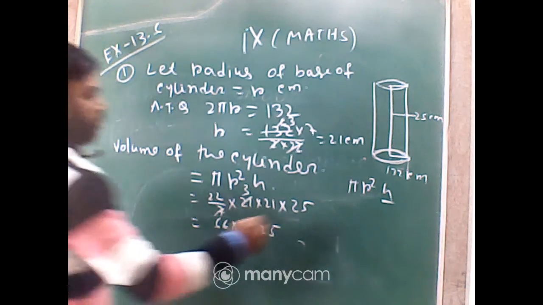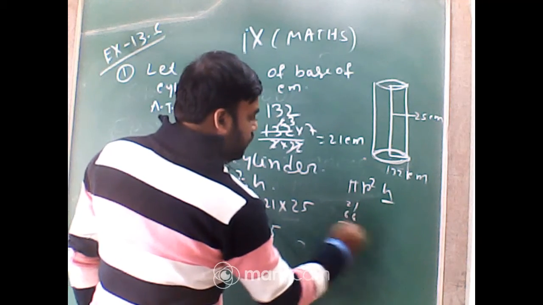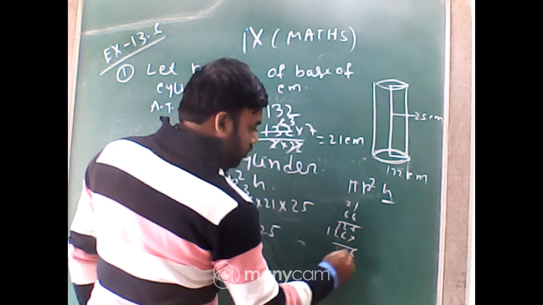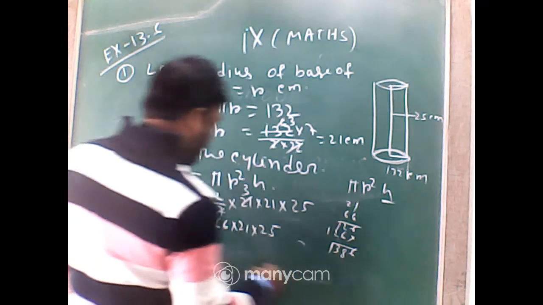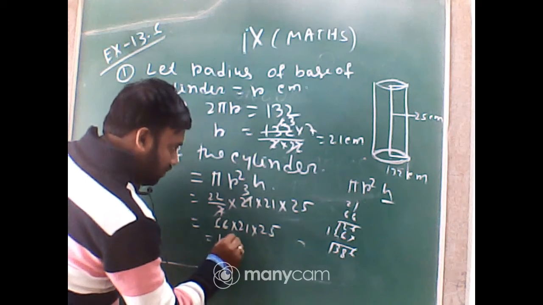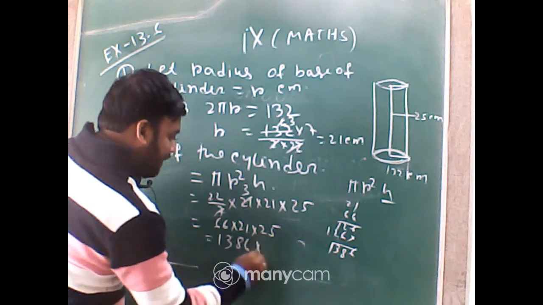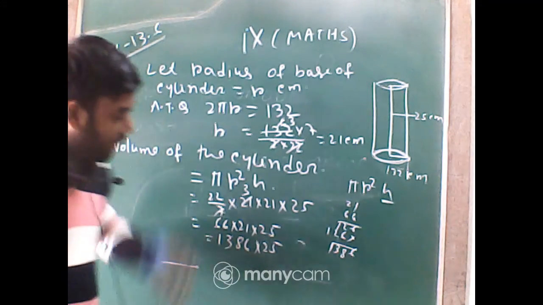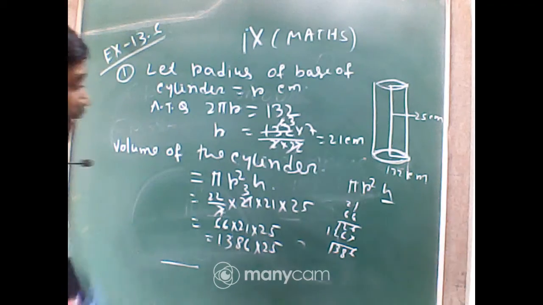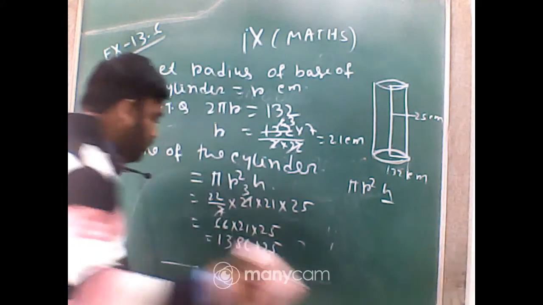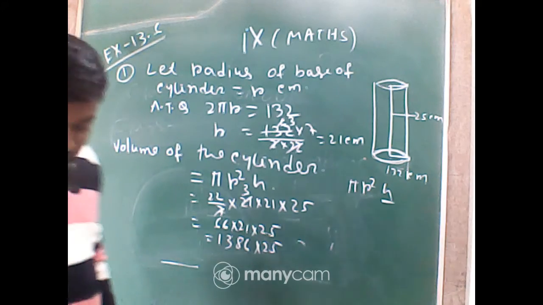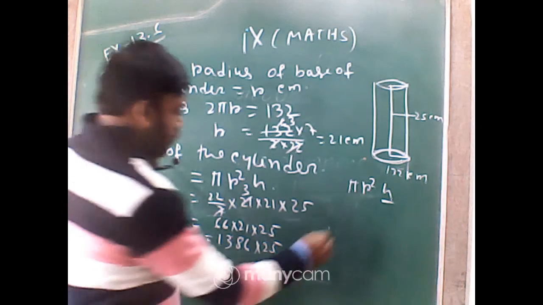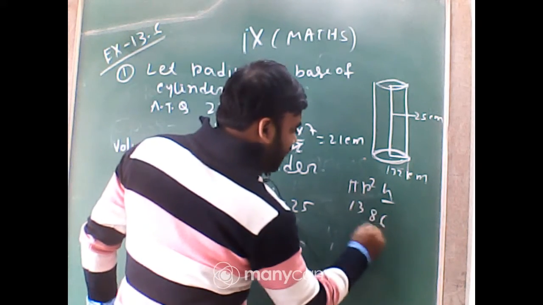So 66 into 21 is 1386. Now 1386 into 25. If we multiply 1386 into 25, you will get